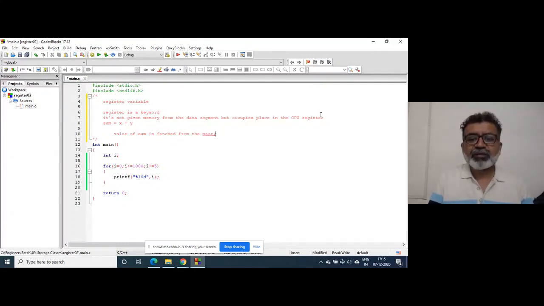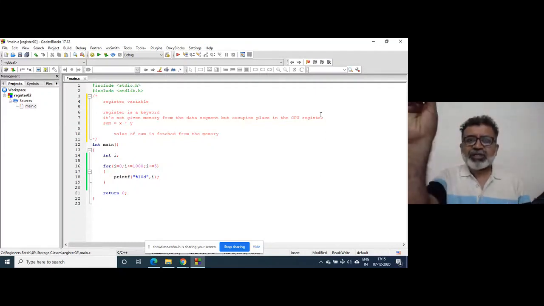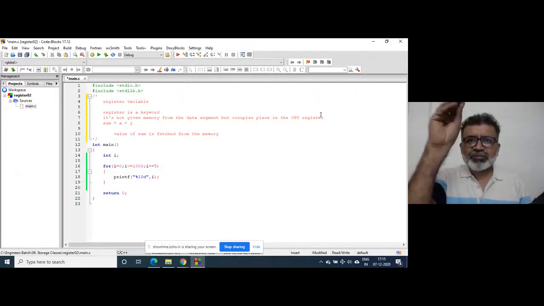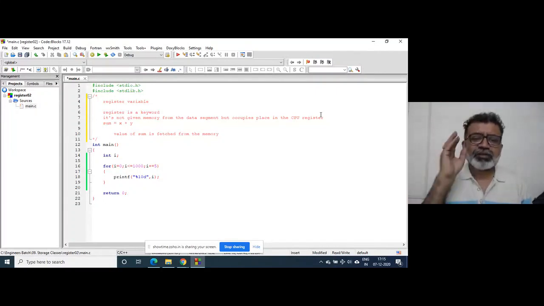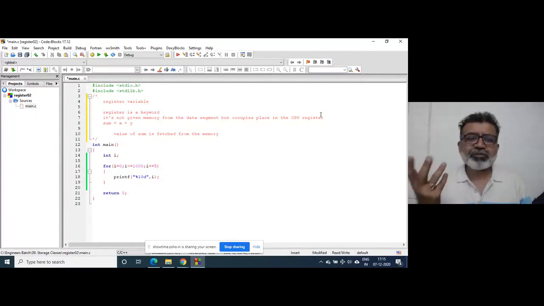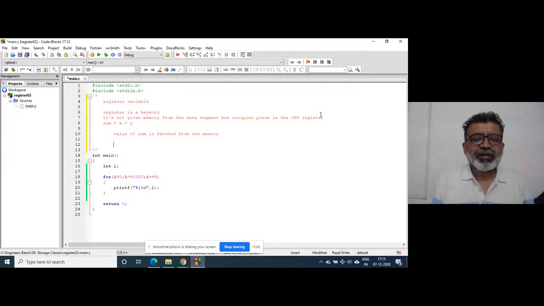Memory means data segment, because in the data segment there is a variable whose name is sum. It has got some value, though it doesn't have a value yet, it will definitely contain some garbage.